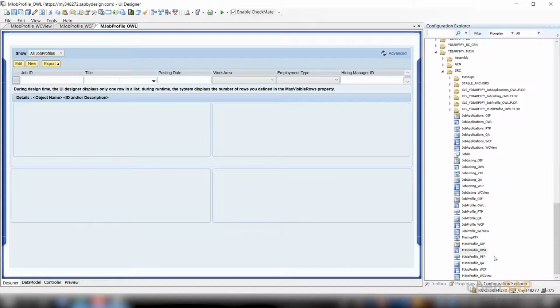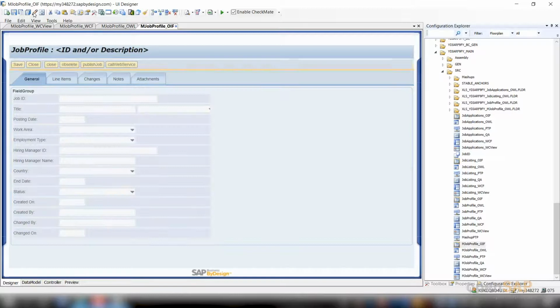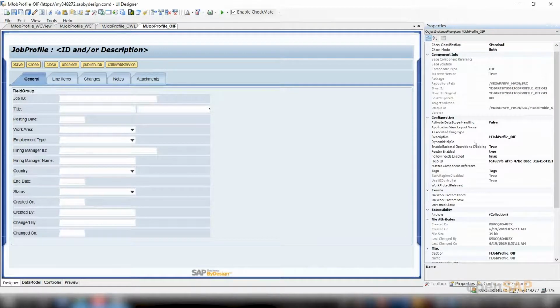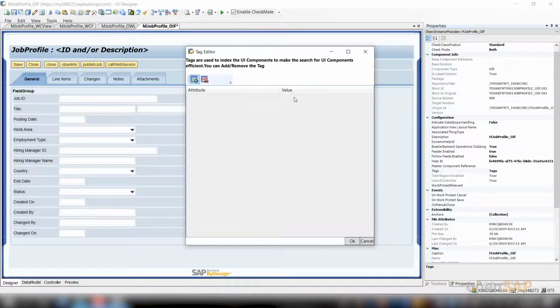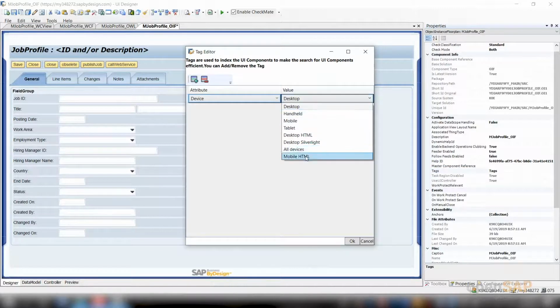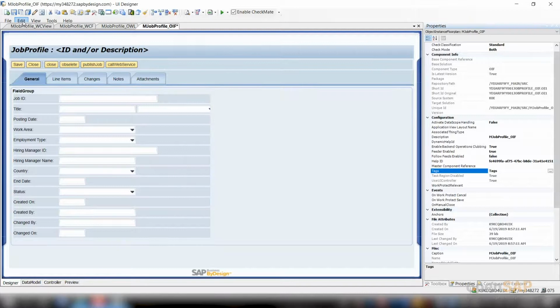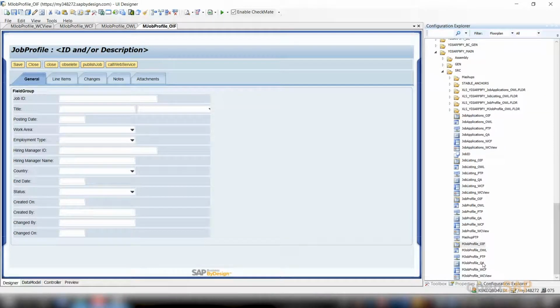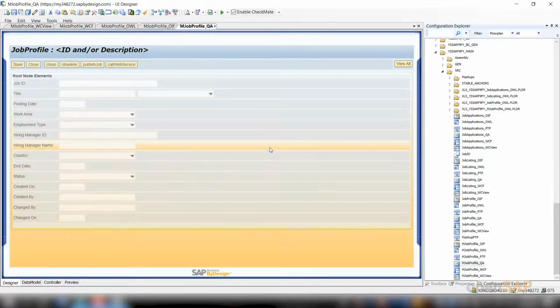So, I come back, I open OAF, again go to the edit mode, come to the properties, go to the tags, add the value here just like how we did it for OWL, make it mobile HTML, OK, save and activate, ignore the error. What is pending now is QAF, PTP can be ignored, not required.